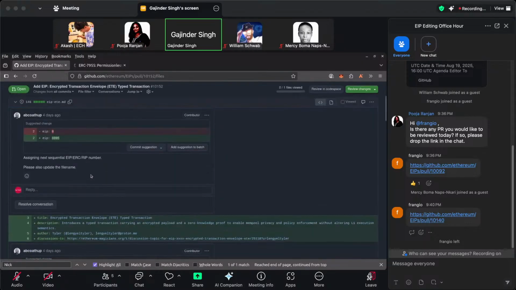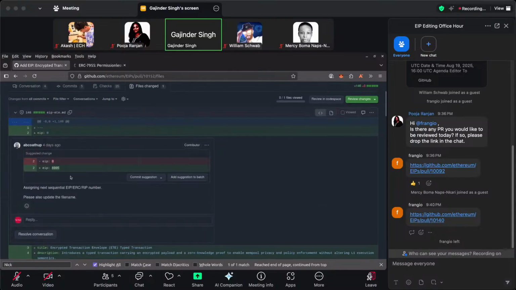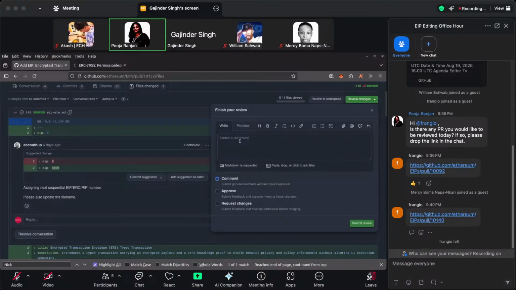So this EIP is pending change by the author to rename the EIP as well as the file. Could we not do it as an editor? Don't they have permission? Is it only about the EIP number? I mean, it's better that they do it rather than us doing their work. Yeah, and I don't know if they have enabled the permission for the editor to force merge it or not. Yeah, that's all right.